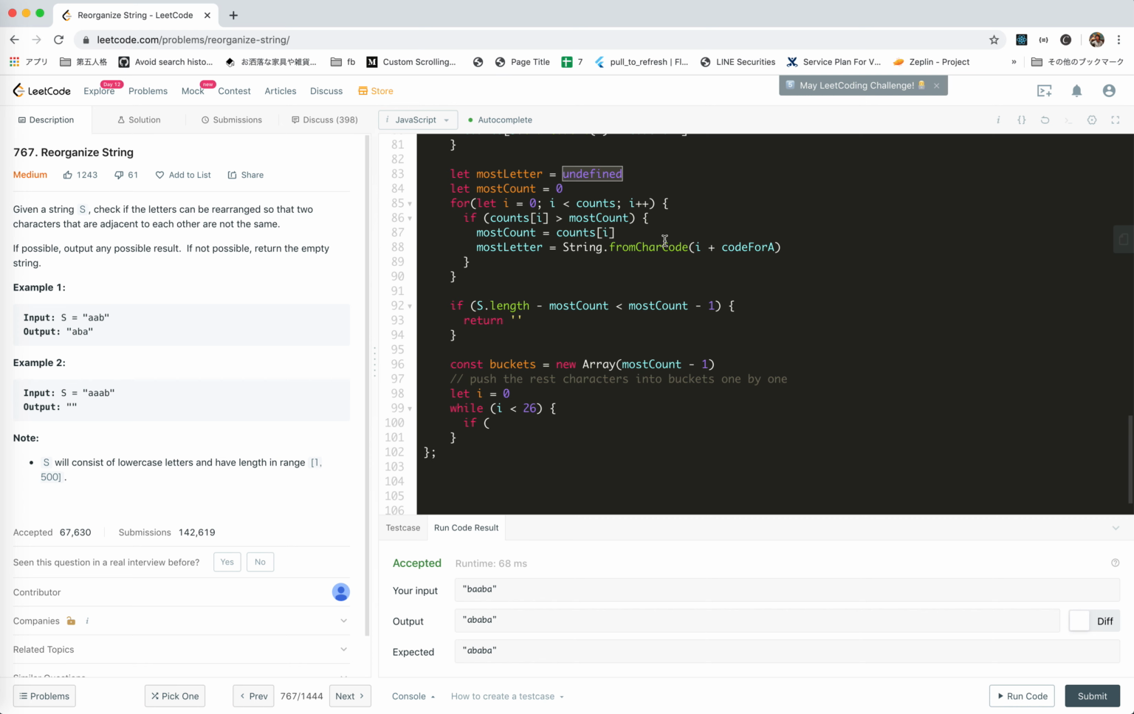I think I'll just set the code. Store the code. That's enough. Code for it. Okay, if i plus equals most letter code, then we could just continue, right? If not the most one,